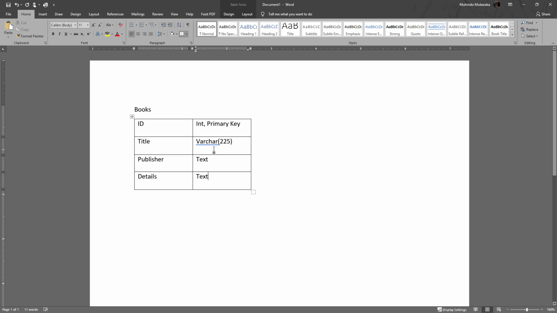I mean, identify any record in a table that has this structure. We can uniquely identify them using a primary key. Otherwise, if it does not have a primary key, you cannot identify them by a title, because possibly there can be more than one book which has the same title, and